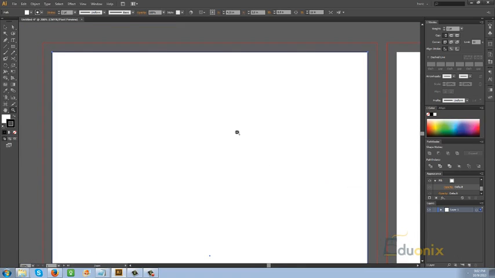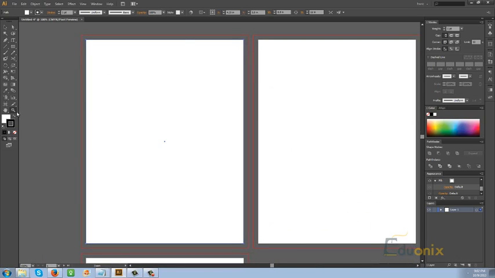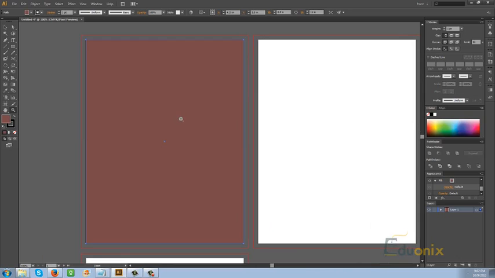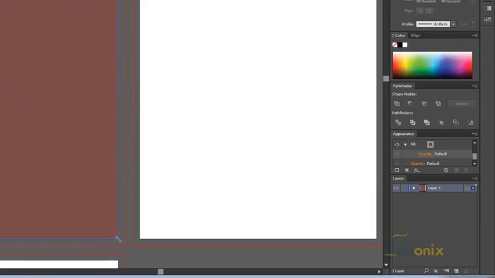So what I did here, let's make this a color. Let's say my document that I'm creating is going to be red. I'm going to want to drag this all the way to the bleed, and maybe even a little bit past it,